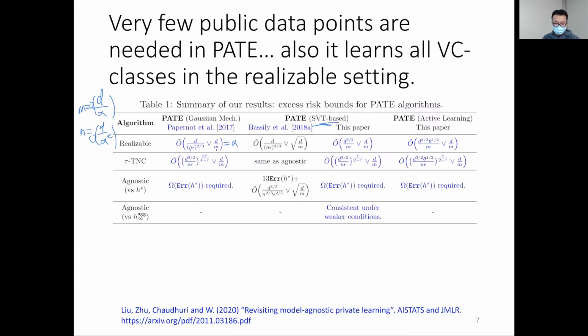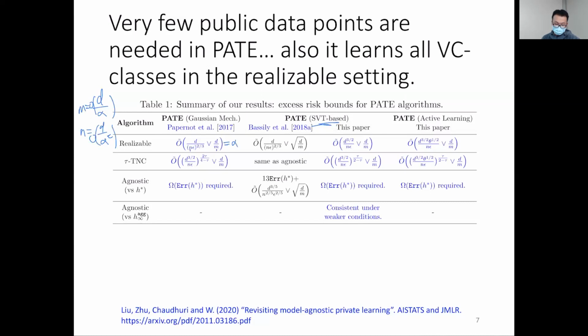In that case, this SVT based approach does not need to pay any privacy budget to release a correct label when the teachers agree with a large majority, with large margin. You only need to pay a price for releasing those labels if the teachers mostly do not agree with each other. So it's the sparse vector technique, but applied in a very specific way. Under this setting, the rates can be